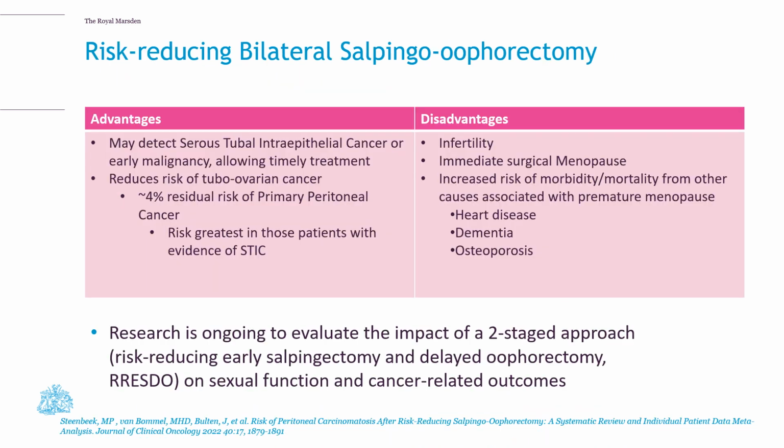I'm sure many members of the audience will have undergone this surgery and can probably speak at length about the advantages and disadvantages associated with it. But just to give you a brief insight, no young woman is going to be signing up for this surgery lightly because there are significant disadvantages associated with it. So obviously, if you have your ovaries and fallopian tubes removed, it impacts your fertility and you won't be able to have a pregnancy naturally without assisted reproduction